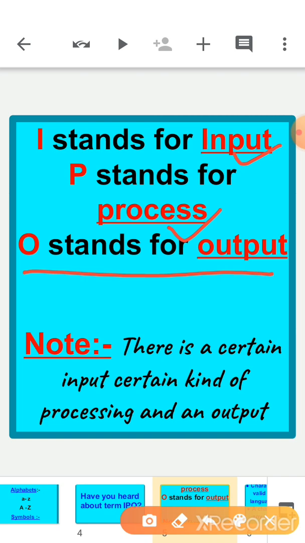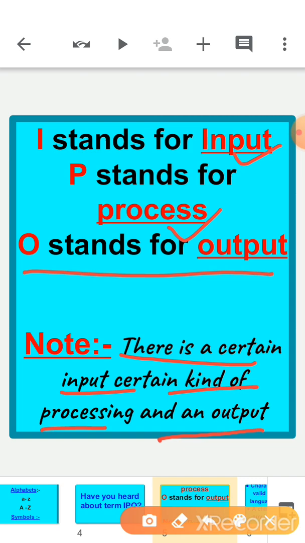There is a note in your slide as well. Anywhere you want to transform some kind of input to a certain output, you have to have a program. What is a program? A program is a set of instructions that govern the processing. In other words, a program forms the base for processing.